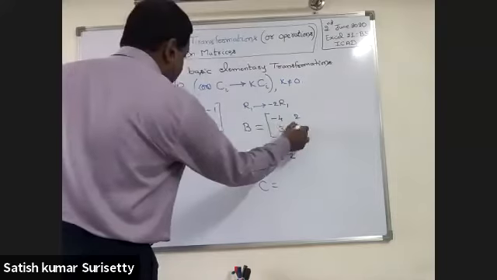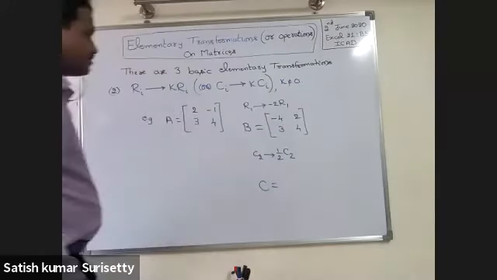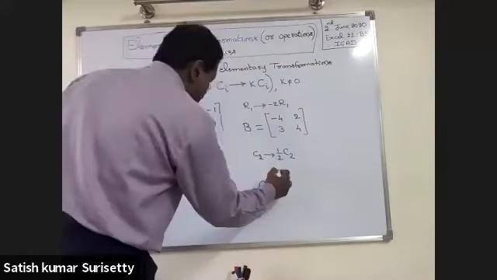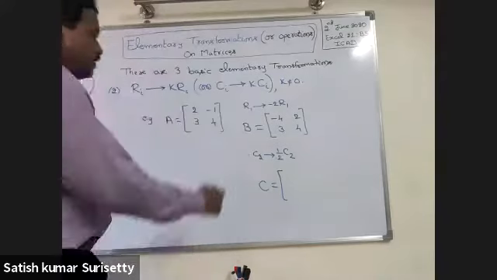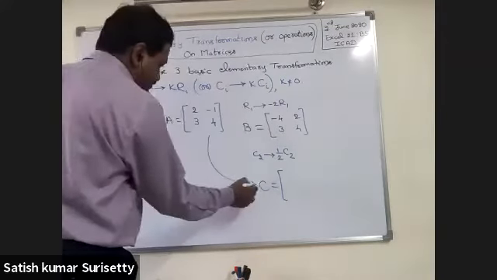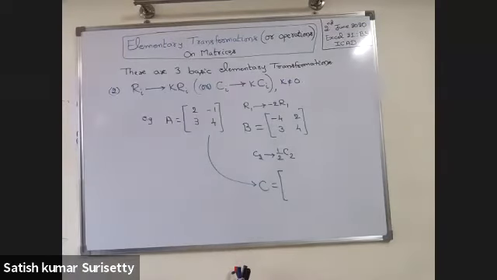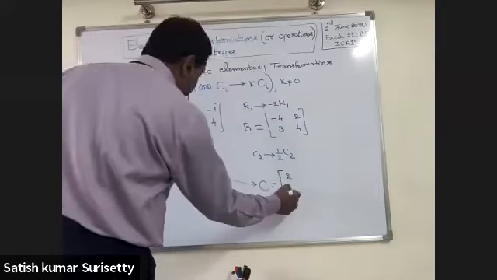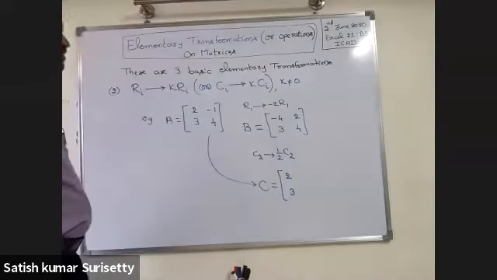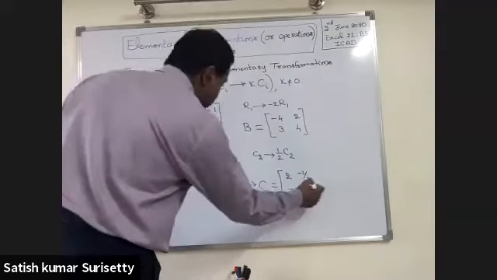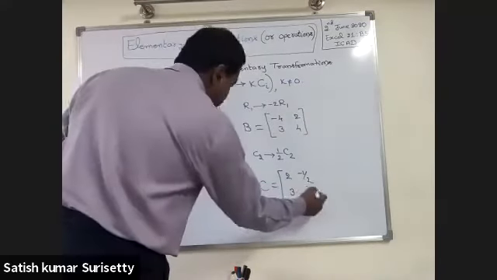Now, when you are doing column operation or column transformation, you apply the operation on A only. And tell me the new matrix C. So the first column remains the same, 2, 3. Now the second column will become what? Minus 1 by 2 and 2.